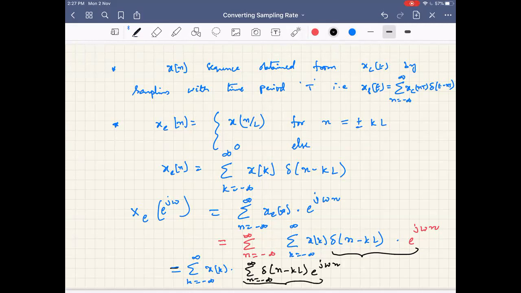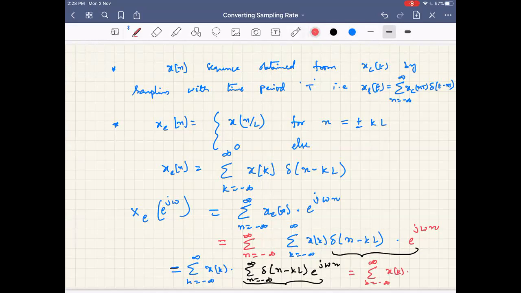This is a delta function with n varying from minus infinity to infinity. For a fixed k, it is non-zero only when n equals kL, and hence this can be written compactly as sigma k equal to minus infinity to infinity of x of k into